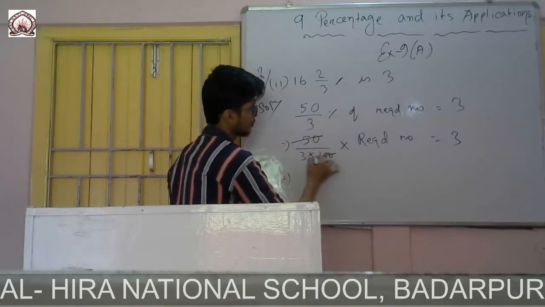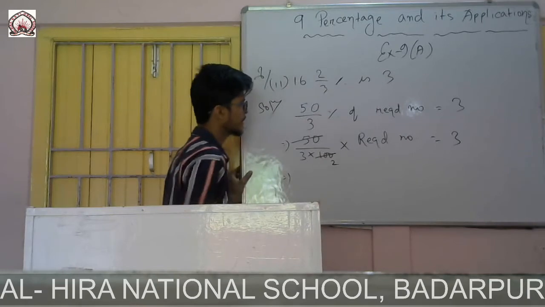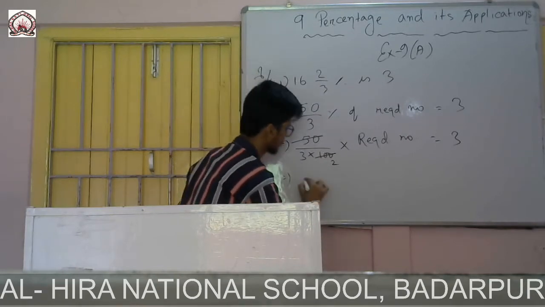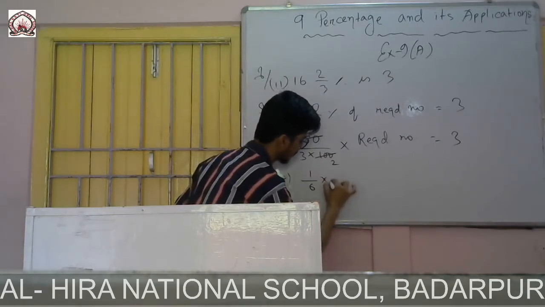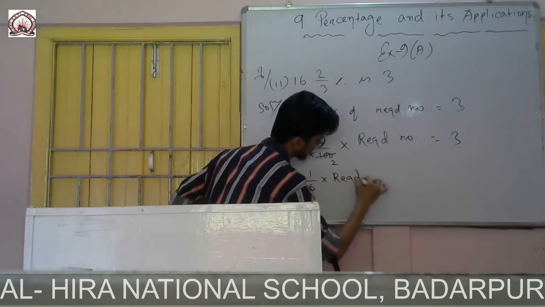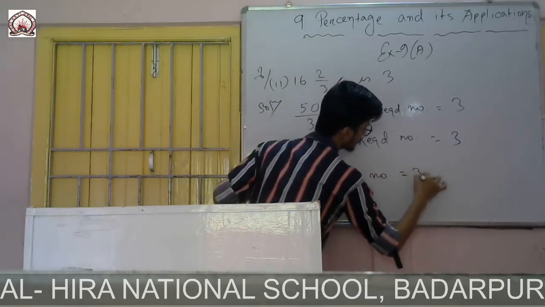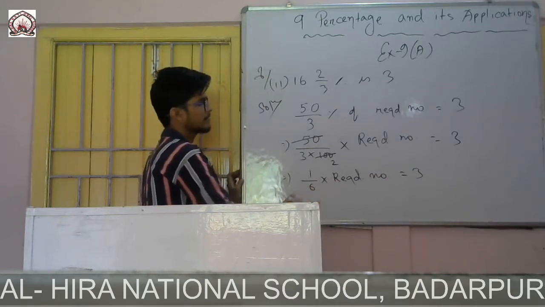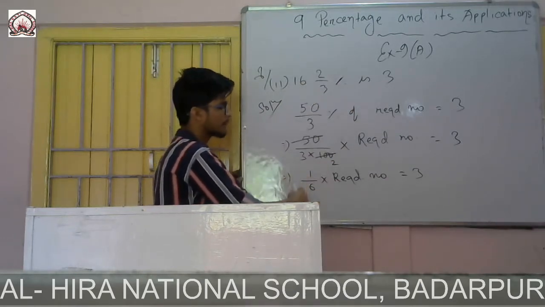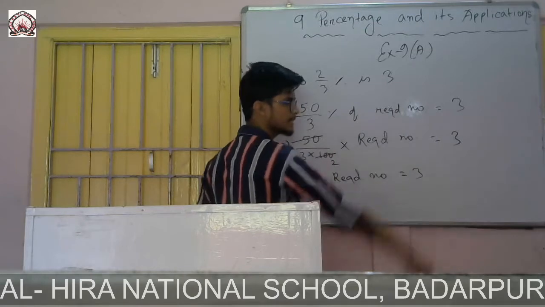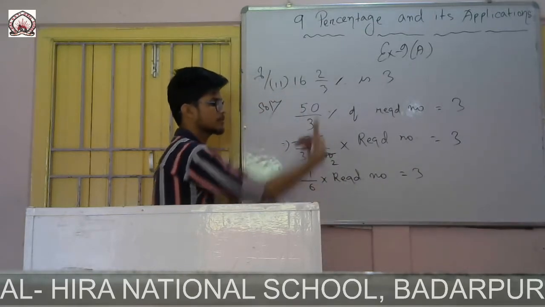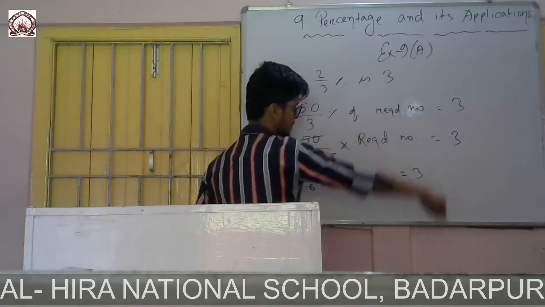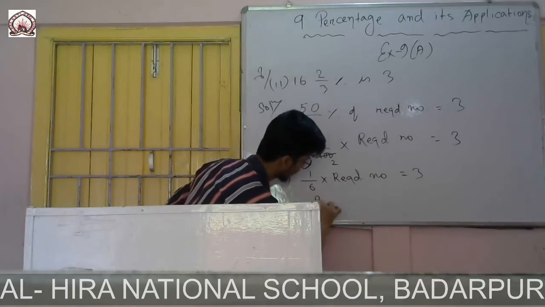50 2s are 100, so 3 2s are 6. 1 by 6 of the required number equals 3. So we know that if I simply want to change the side, it is 1 by 6. If I change the side, it will be simply 6. 1 by 6 will become its reciprocal, so it will be simply 6 and it will multiply. So the required number will be